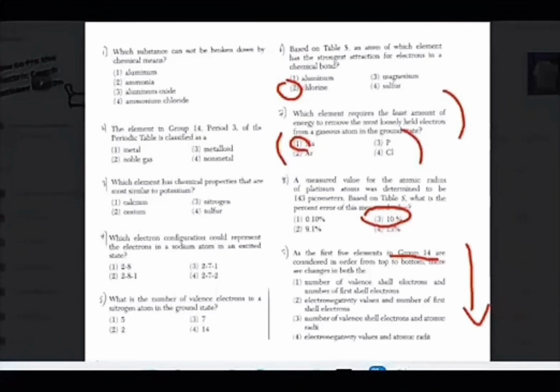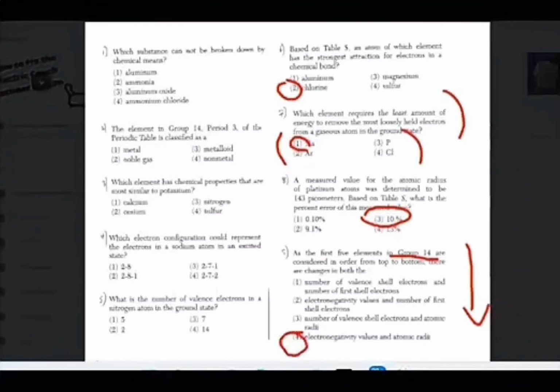So we're looking at 4 different things: valence shell electrons, first shell electrons, electronegativity values, and atomic radii. Now, I can tell you that we're definitely going to see changes in electronegativity values and atomic